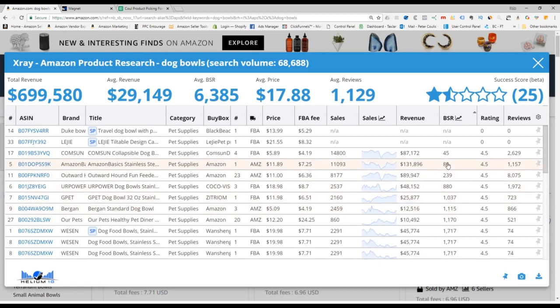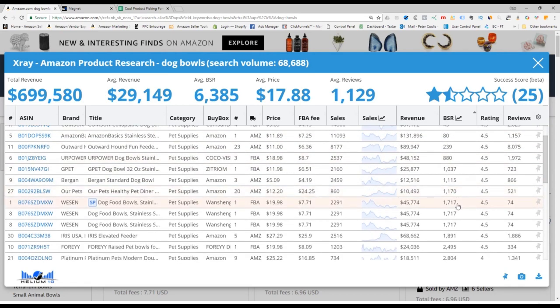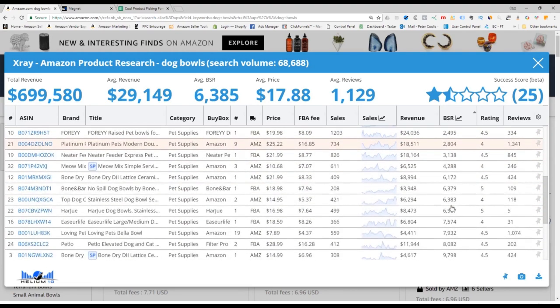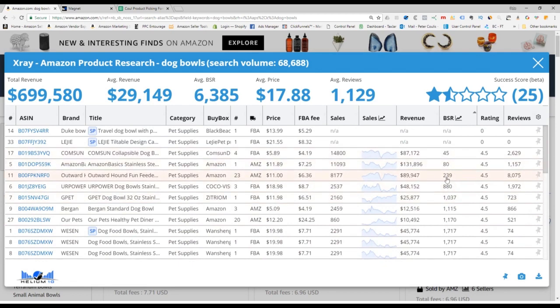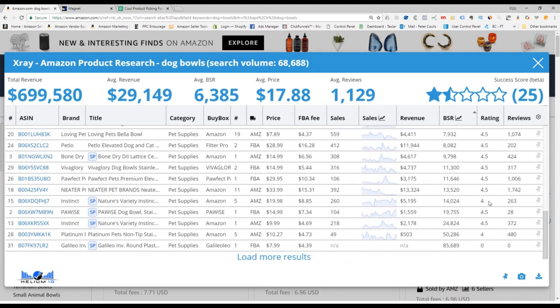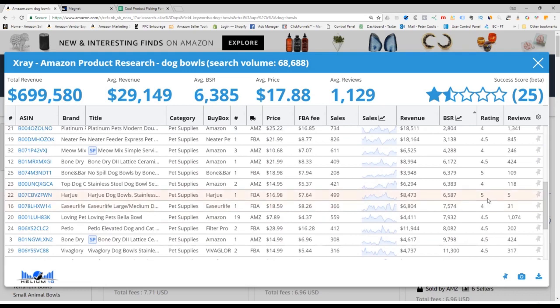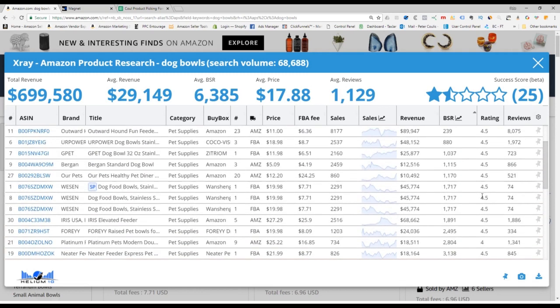You want this type of streamlined depth. This really signifies big demand and a lot of buying for everyone's product, not just the top two or three guys. So this is all invaluable data for us. We have the reviews, we have the review ratings. These are all actually pretty high review ratings. 4.5, I see a lot of 4.5s. This one's actually a 5. Well, he's only got 5 reviews, that's why. But even this guy, look,